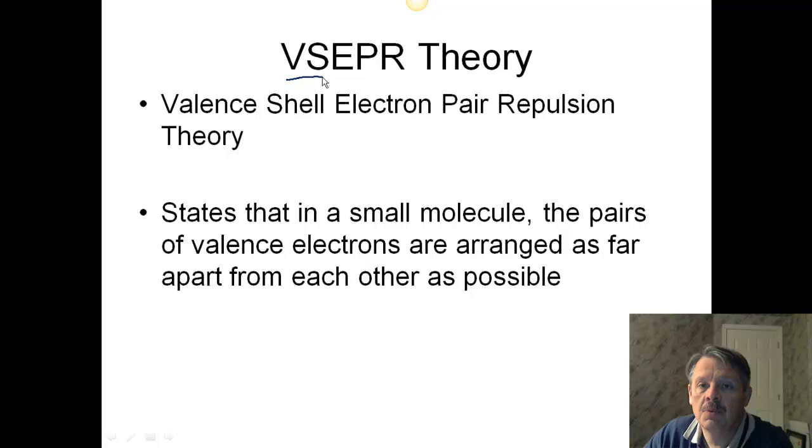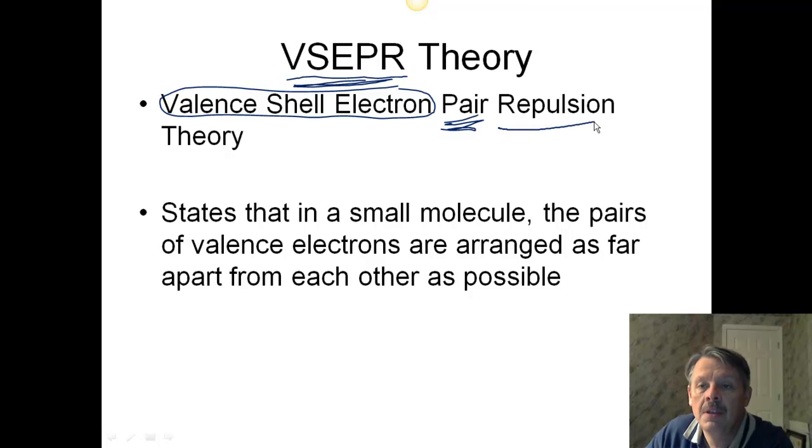We call it the VSEPR theory, the valence shell electron pair repulsion theory. So clearly the letters mean something. And you say, wow, what lots of words, but it's actually pretty easy. Valence shell electrons, you know what those are. Those are the ones that are furthest from the nucleus. And we care about them when they're in pairs, either when they're bonded to something or potentially when they're not